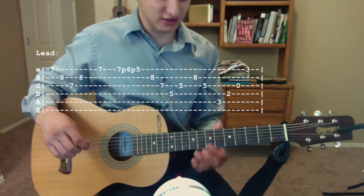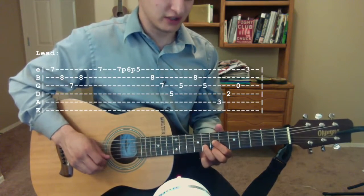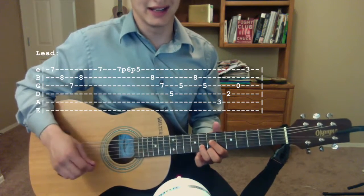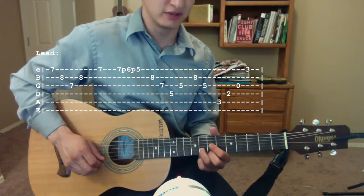So what I'm doing to start is I'm just making a D chord shape up here on the fretboard. I've got my index finger on the 7th fret of the G string, my ring finger on the 8th fret of the B, and I've got my middle finger on the 7th fret of the high E string. And I'm going to pluck high E, B, G, B, let it ring out for a second,